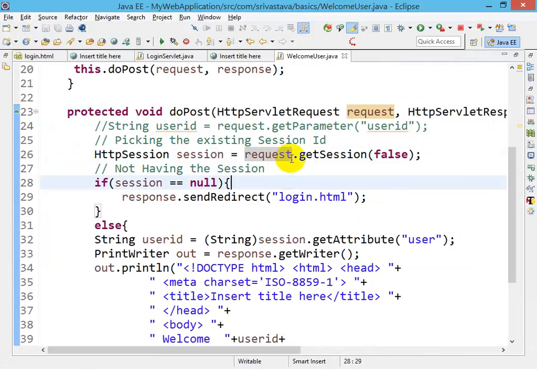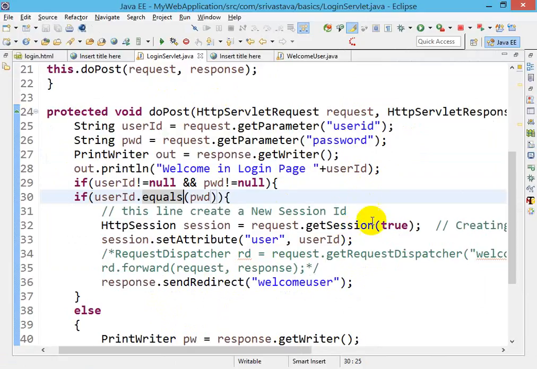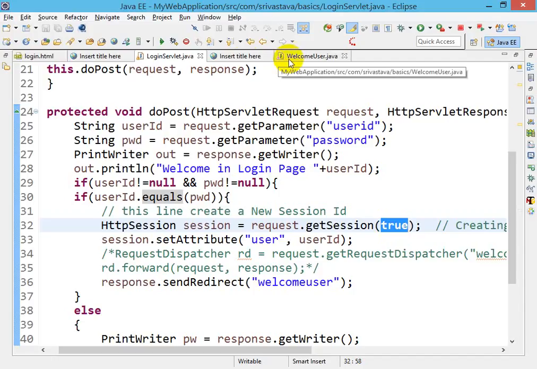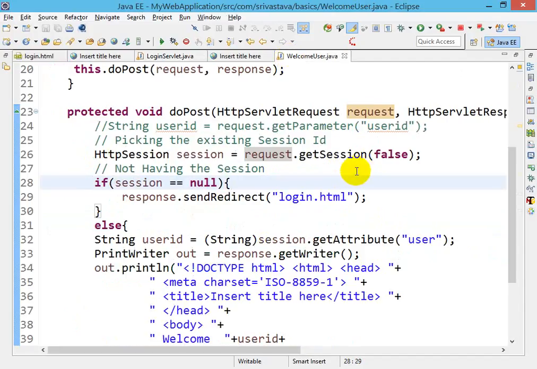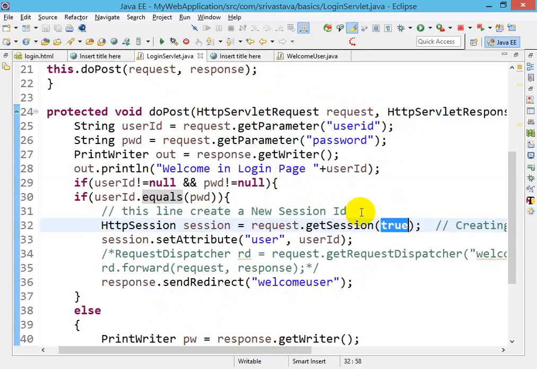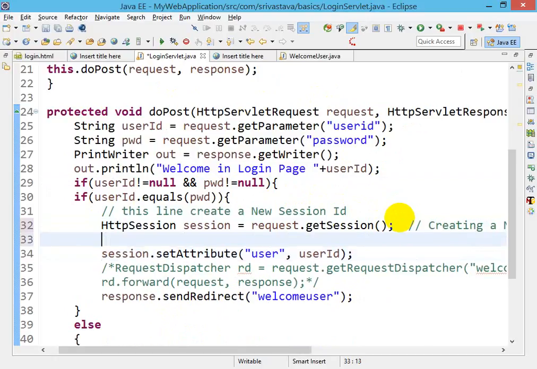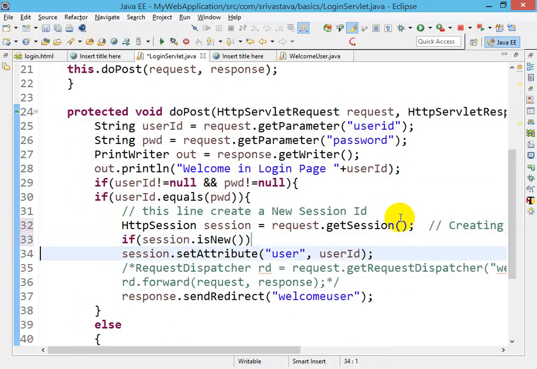There is another way, instead of using this true, because this is actually the best practice. When you are using true, you are forcing it to create a new session, and when you are using false, you are forcing it not to create a new one but use the existing one. There is another way without using this true sign, where you type if session is new. So you are saying if it creates a new session here,